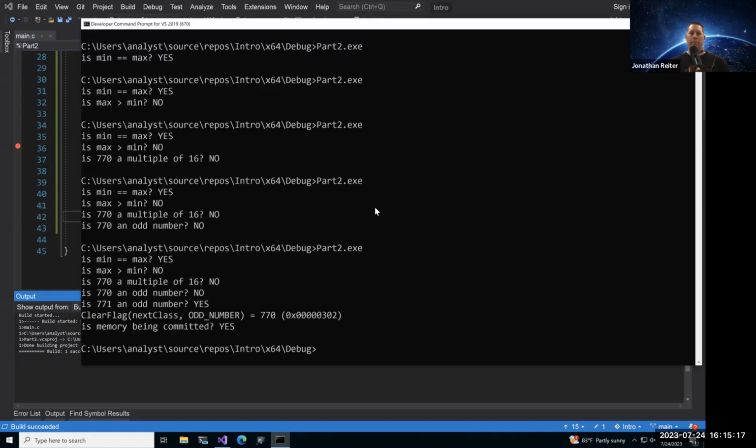Okay, so that is pretty close to a real-world example of what Windows is doing internally to test for certain values or flags being set or present. So flag on, or is flag present, or what have you. A lot of that underlying logic is exactly the same, using those bitwise operators to test certain bit positions to see if they are set or cleared. Okay, does anybody have any questions about that before we move on?